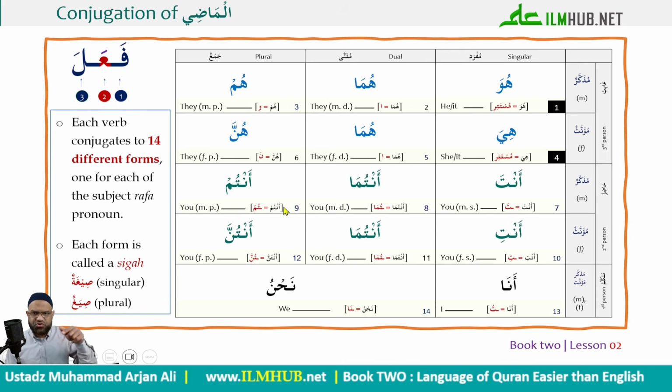And your brain will soon, inshallah ta'ala, 1 to 14 in this order. And this is why I taught you the pronouns in this order. I hope and I pray you will stick to this order. Again, I'm not saying another order is wrong, but this is a lot easier. So you have 14 pronouns in 14 boxes, and then we'll have 14 verbs in those 14 boxes.